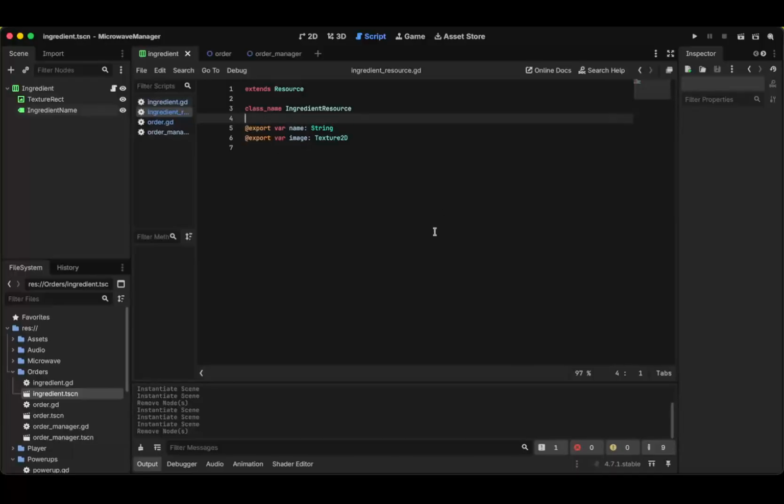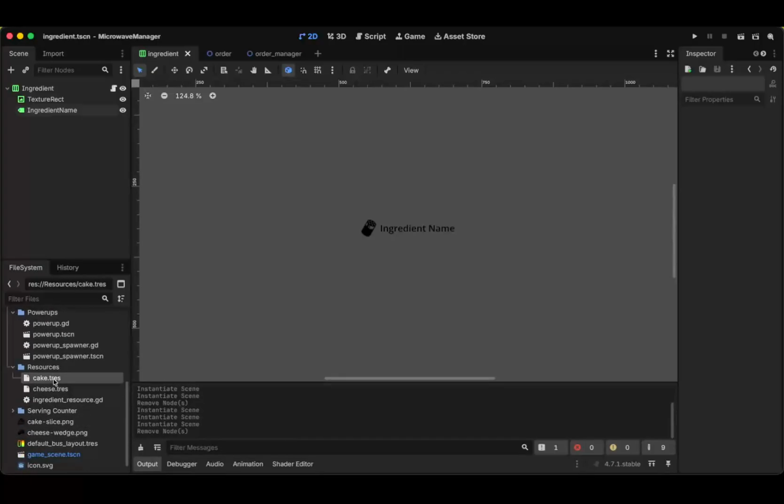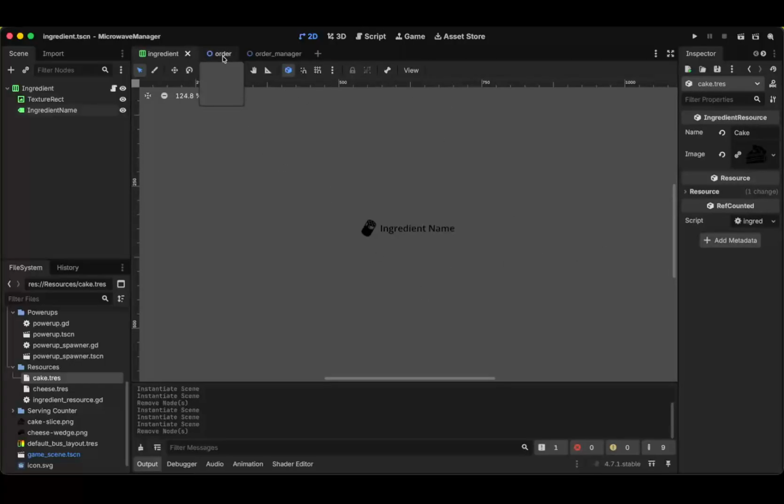This replaced the original idea. Coming from a little bit of time where I focused on web development, the original idea was to have a JSON file that would essentially act as a recipe book until my friend put me onto Godot resources. So each one just consists of the name and the image, which is then called back to later to populate these UI elements here. And I can show you what one looks like. Here we have our cake. We have the name cake and just a simple cake sprite. So that's pretty much all for the ingredient, and that moves us to the next step up, which is the